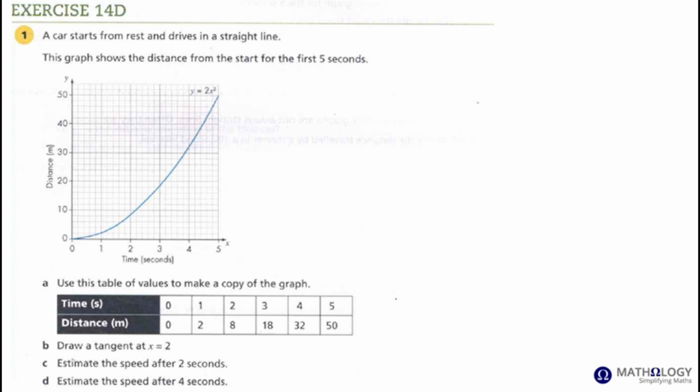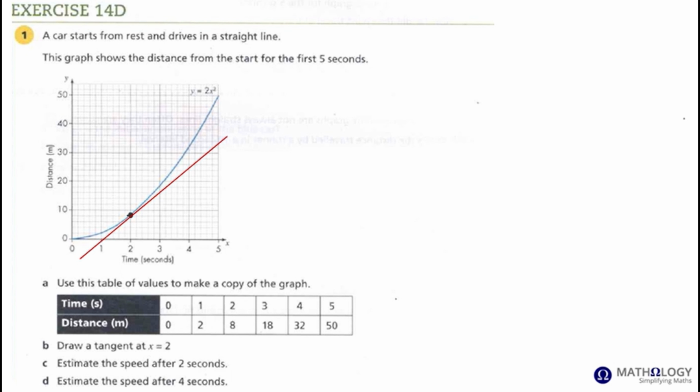Okay, so at x equals 2, at this point here, it's not very clear because the graph is not very large. Now bear in mind that we are dealing with a curve here. This distance-time graph is not a straight line, it's a curve. That means we don't have a fixed gradient, we have an average gradient. So if we take any 2 points on this curve, the gradient between them is an average gradient because the